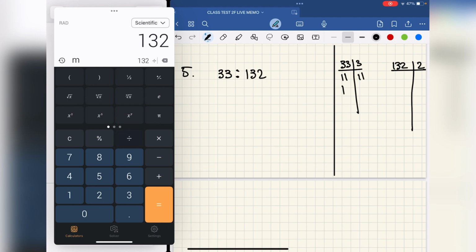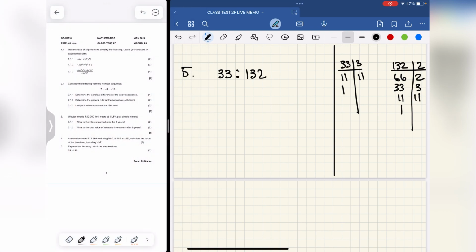132 divided by 2 gives us 66, and that would also be 2, and we divide by 2, that's 33, and that's 3, it's 11, and that's 1. Okay, so here we have 3 times 11. I'm doing this quickly because this is what you would do if you were in this position. You just quickly want to check what's the HCF. And then for 132, you would have 2 to the power 2 times 3 times 11. Okay, so clearly here,